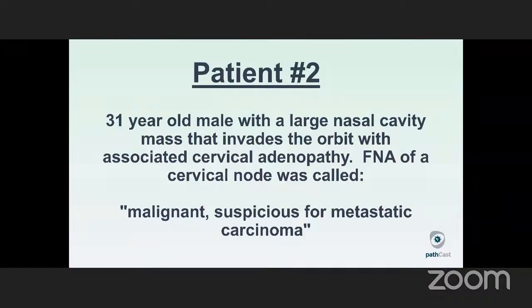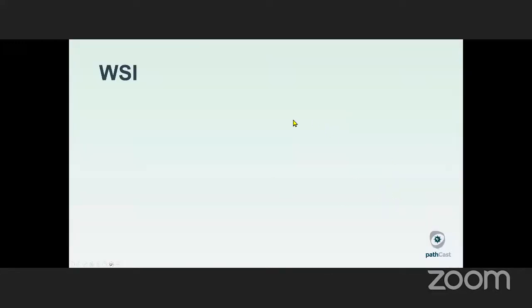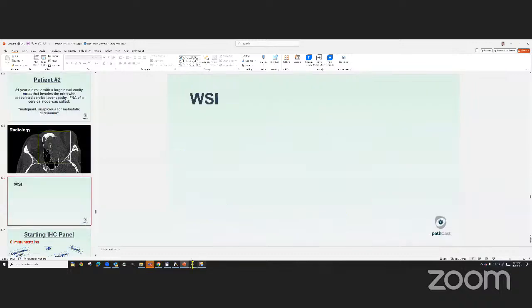Okay, so the second patient, patient 2, is a 31-year-old male with a large nasal cavity mass that invades the orbit with associated cervical adenopathy. An FNA of the cervical node was called malignant, and they were suspicious for metastatic carcinoma. So the operating diagnosis for this patient is a carcinoma of the sinonasal tract. On CT scan imaging, you can see another bone destructive tumor here in the left part of the nasal cavity in this patient. So if we go to the whole slide image,